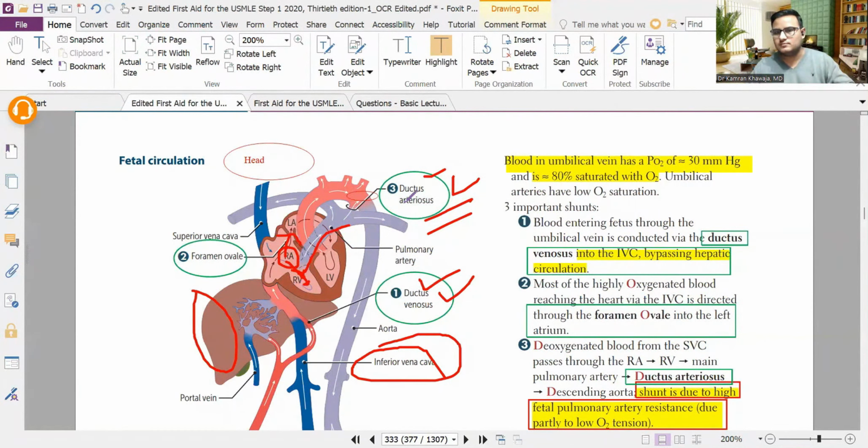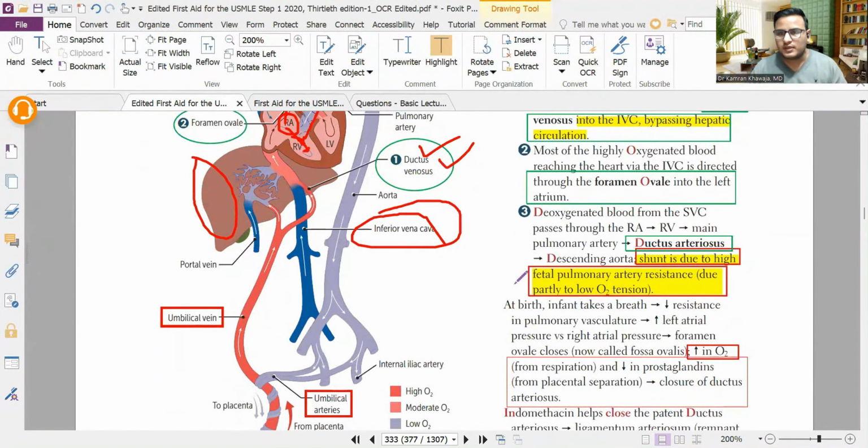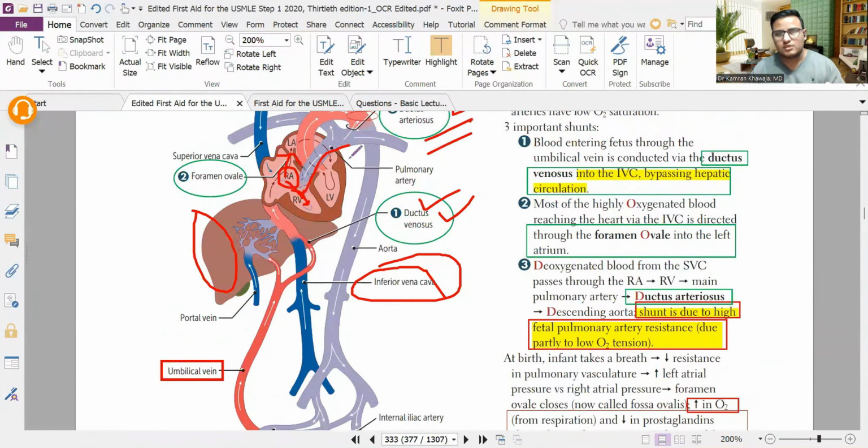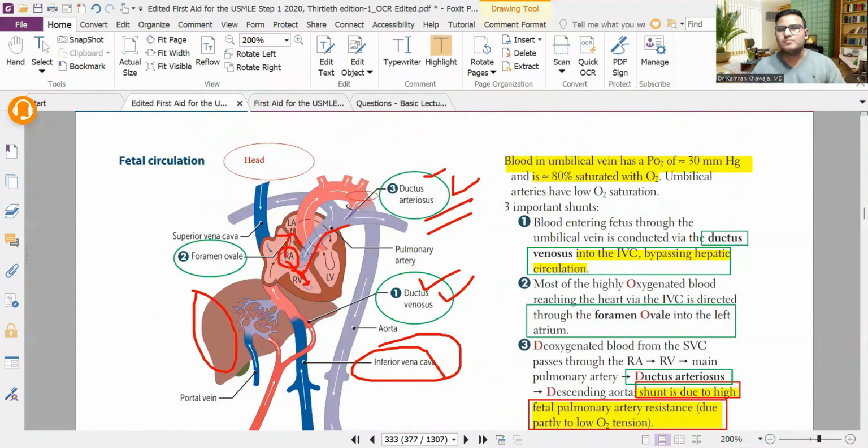डक्टस आर्टेरियोसस के। फिर उसके बाद नीचे आती है वापस। यहाँ पे पढ़ते हैं बड़ी इंपॉर्टेंट पॉइंट क्या है। डिसेंडिंग एओर्टा, ये जो शंट बनी है डायरेक्ट, क्योंकि पल्मोनरी को नहीं जाने देता ब्लड, सारा का सारा डिसेंडिंग एओर्टा में आ जाता है। क्यों आता है? बिकॉज ऑफ द पल्मोनरी आर्टरी रेजिस्टेंस। बच्चों में, फीटल में पल्मोनरी आर्टरी रेजिस्टेंस होती है, दैट्स व्हाई ये